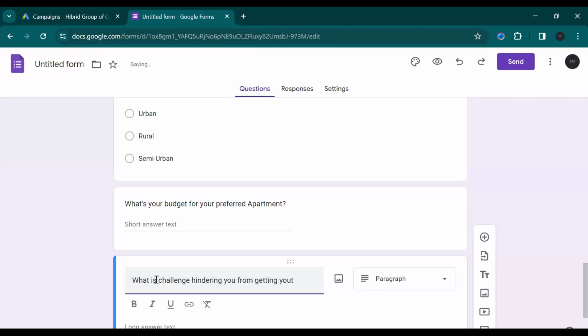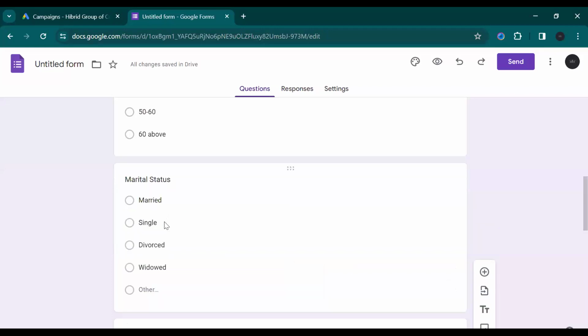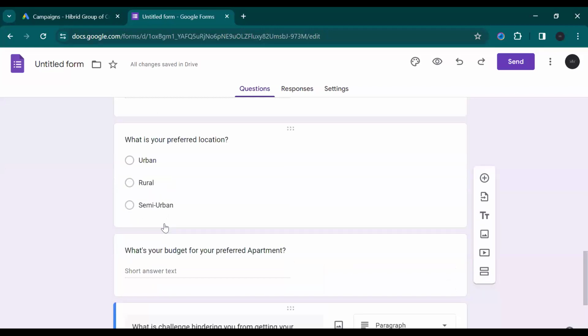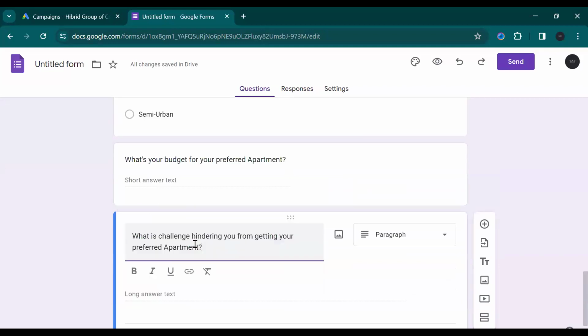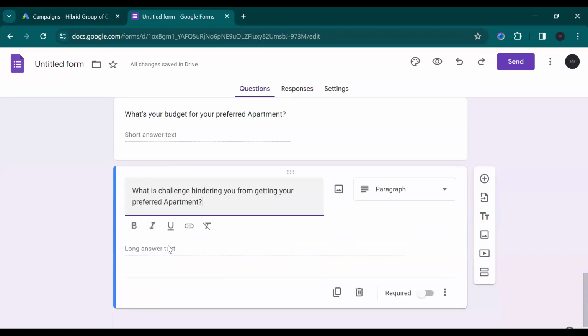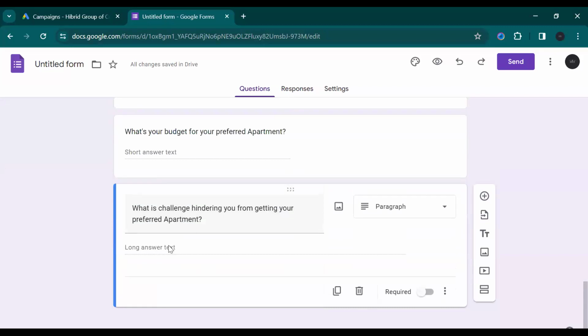Okay, someone made the suggestion that since we already have budget there, income being there is no longer necessary, and I think I second it. There's no income. We didn't add it anymore. I said that since there's budget, there's no need for income again. So now the next question is, what is the